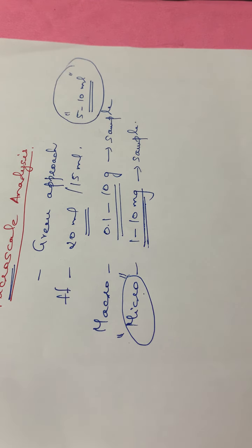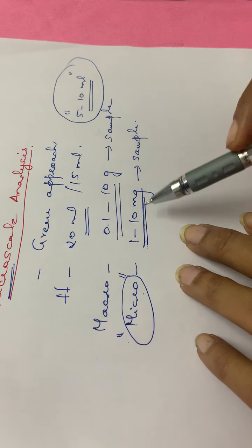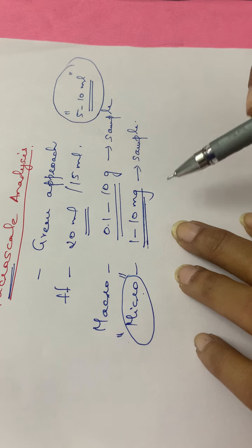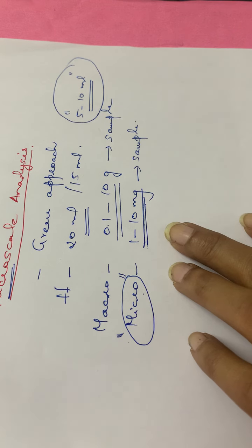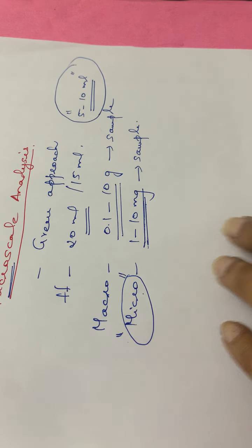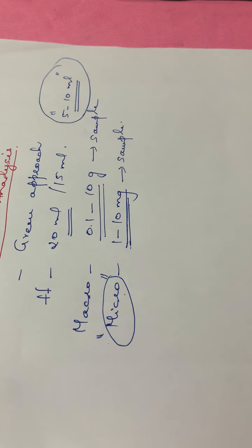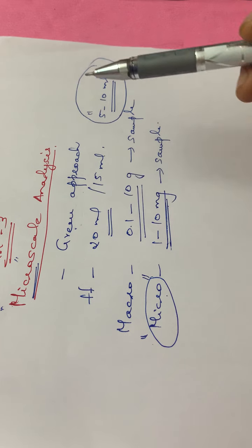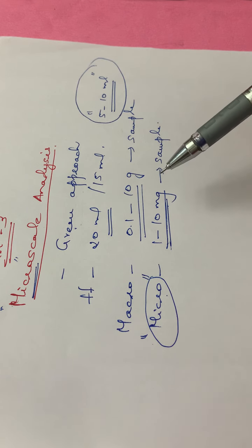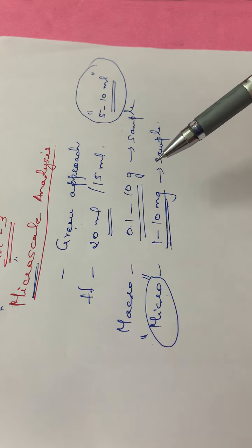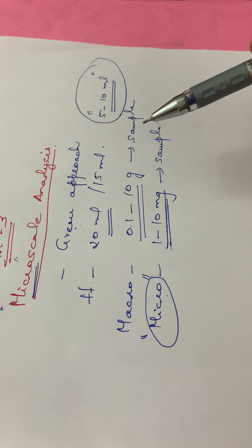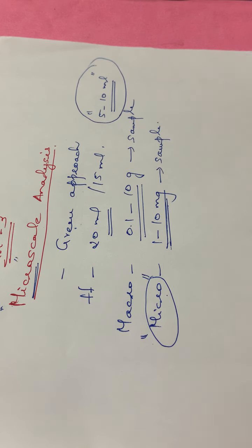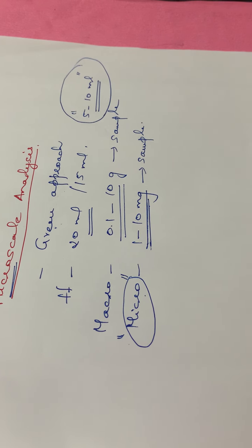Here also in our lab we are doing salt analysis, and there we will be taking the chemicals or the salt mixture in a weight of 1 to 10 milligrams. Okay. And this is the basic fundamental thing: micro scale analysis means it is a green approach. So we are using very little of the substance, whether it is a reagent or a chemical, whatever it is. Okay, and that is a part of this micro scale analysis.